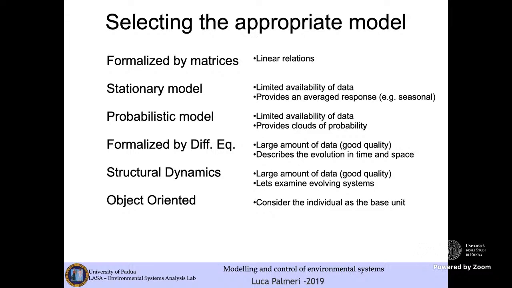And then you may ask yourself if you may be happy with an object-oriented approach. In this case, typically, you shall be able to consider the individual as the base unit. As I told you, this is the choice when you are describing IBM, individual-based models,